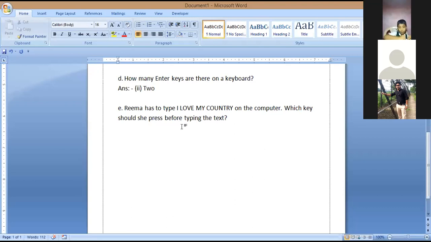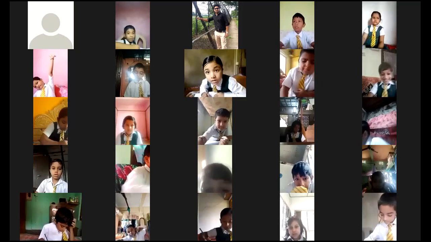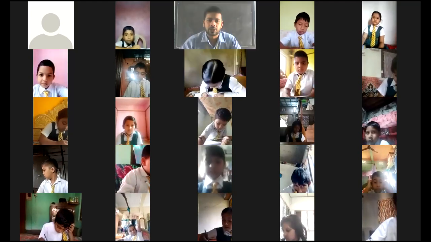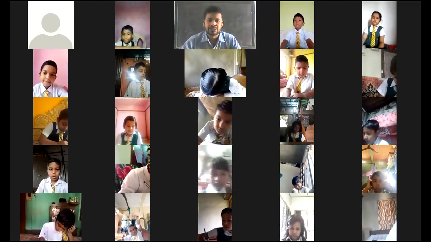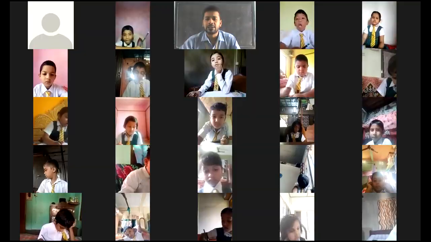Okay, now. So Rima has to type I love my country on the computer. Which key should she press before typing the text? So now, as we have discussed, in order to type capital letters continuously, we should press the caps lock key button, so that we can type capital letters continuously.